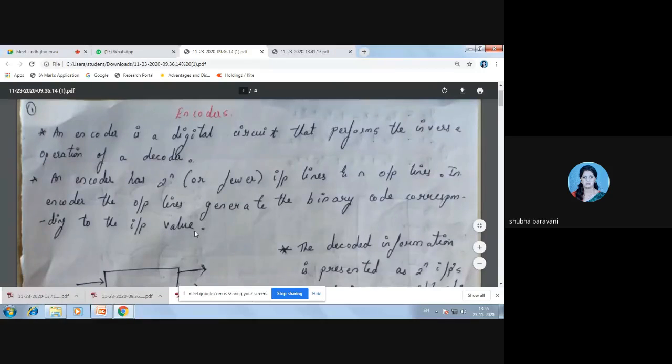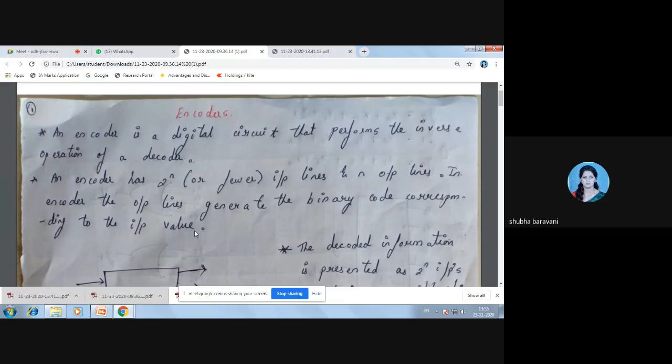So in an encoder the output lines generate a binary code corresponding to the input value. Was it understood up till here? Up till here, is it understood? You can put in the chat box. Have you understood up till here what an encoder is? Okay, right? So now